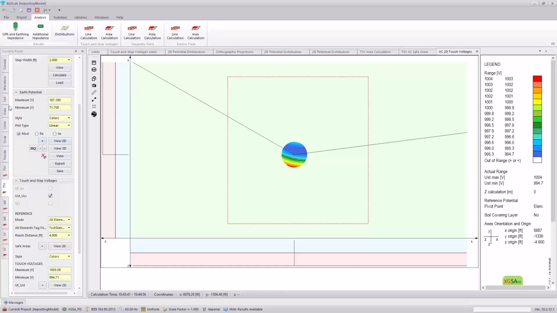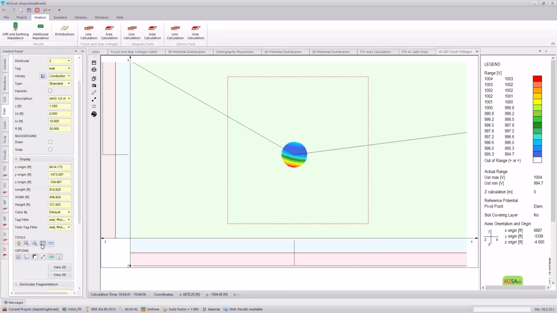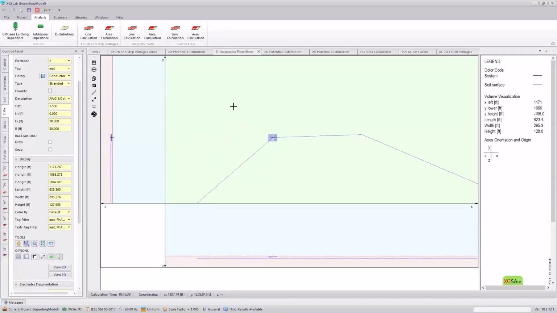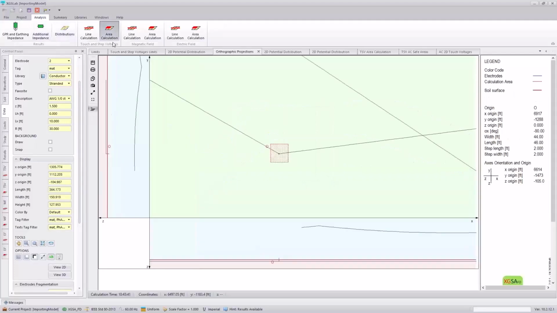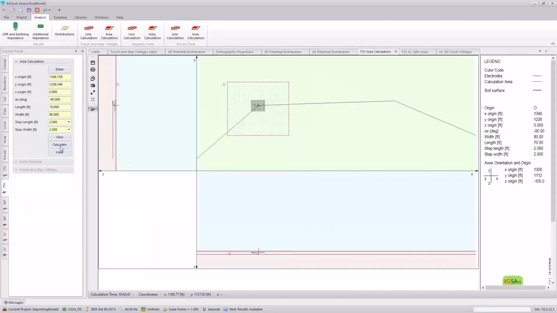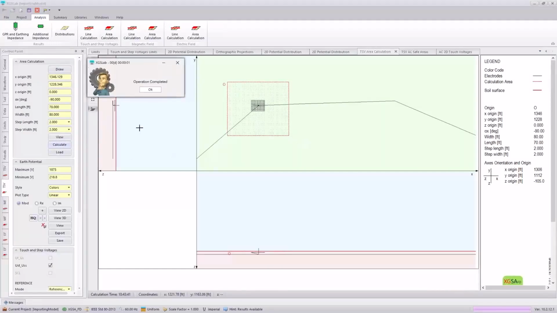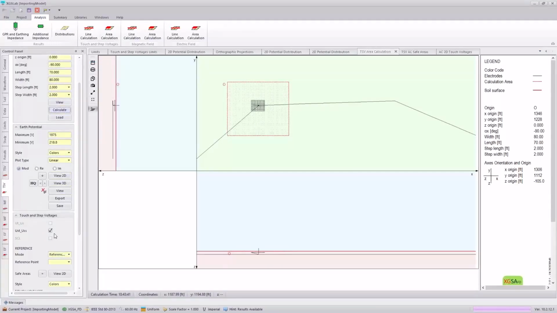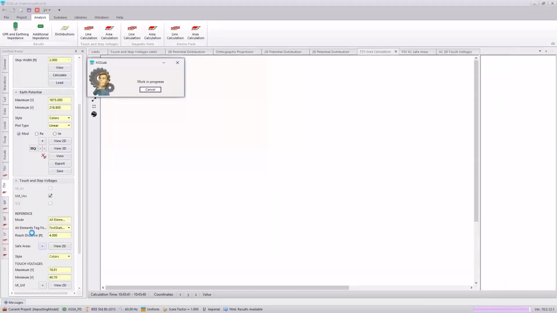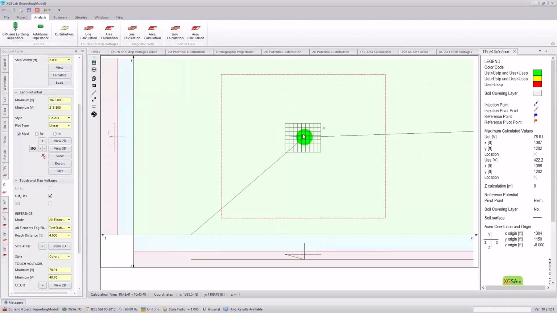But if we go to our other test station where we have this gradient control mat, if you recall, this actually has a higher voltage than the one we were just looking at. I'll go back to my area calculation and redraw. So we've recalculated the Earth's surface potentials up at this appurtenance. Again, I will set my reference to just look at the test station of the touch voltages to that, plotting my safe areas. What we see is this green indicating that we are actually below the compliance criteria for my